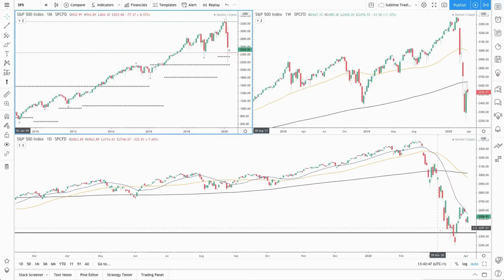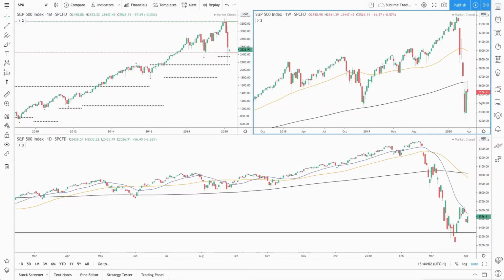We'll see similar structure on the S&P 500, on the Nasdaq. The only difference on the S&P 500 is that price is currently finding support at the low of last year. So it'll be interesting to see whether we get weakness to the downside or whether price bounces back towards that all-time high. On the weekly time frame, price is below the 200 moving average, where it's finding resistance, also below